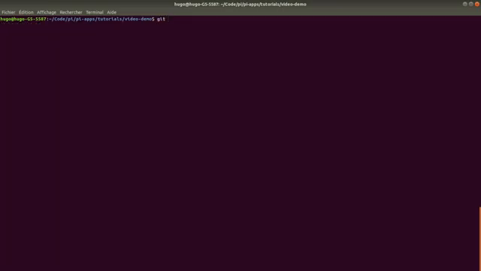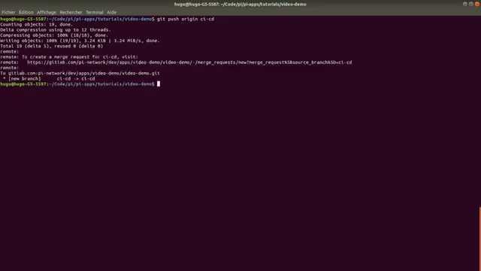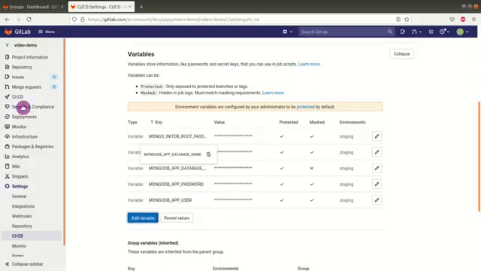And now we can push the code on our CI/CD branch. Then we can go on the GitLab interface here,